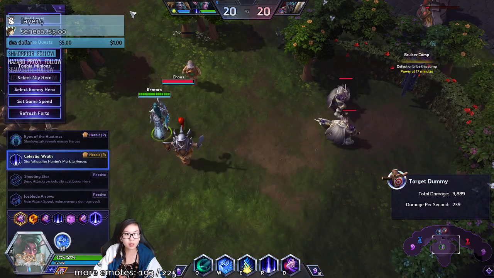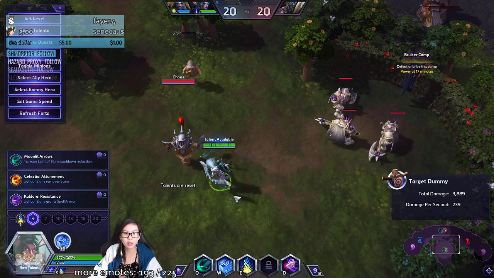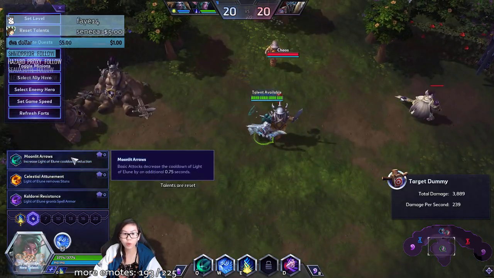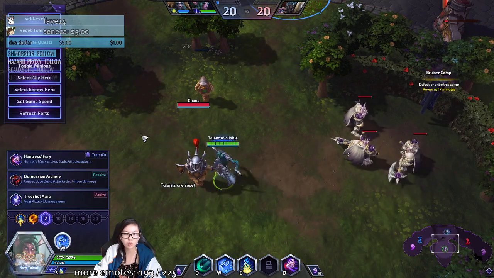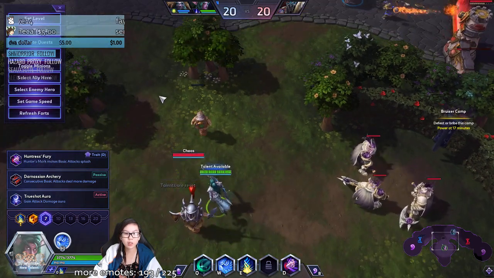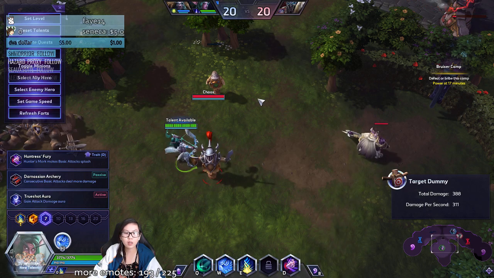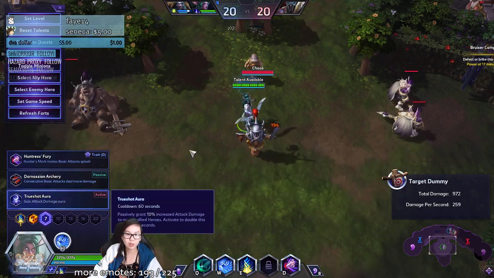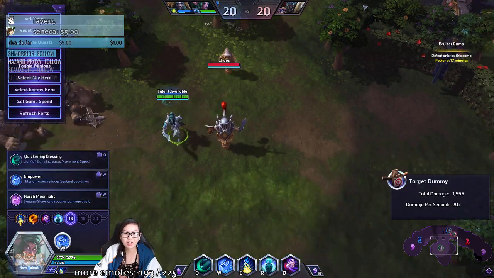Anyway, the build that I currently like, it's kind of weird. I like Lunar Blaze at 1. At 4, it's usually whatever, you know, it's situational, so I'm just gonna put Celestial Attunement. At 7, I like Huntress's Fury because it allows you to have wave clear. But if you have auto attackers on your team, obviously go True Shot Aura. At 10, I kind of really like Shadow Stalk